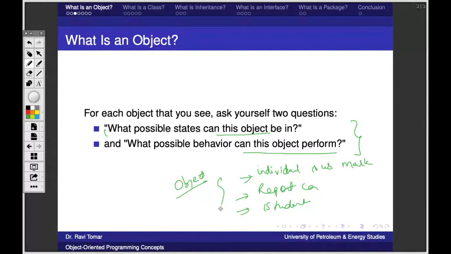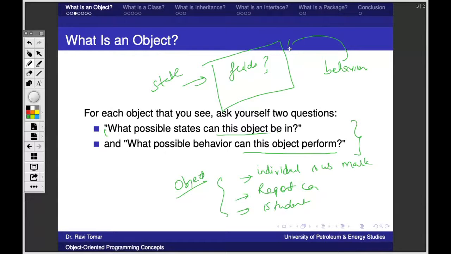So these all are examples of objects, but for any specific object we have to think that what are the possible states that object can be in and what is the possible behavior this object can perform. So we have to think of a state holistically, that what are the fields that are possible inside this. They combine to make a state out of it. And there are some behaviors that actually changes the state.